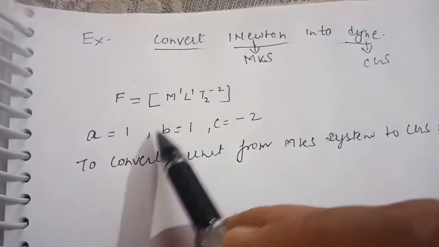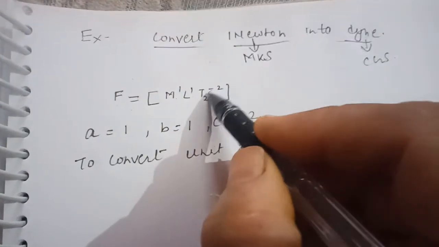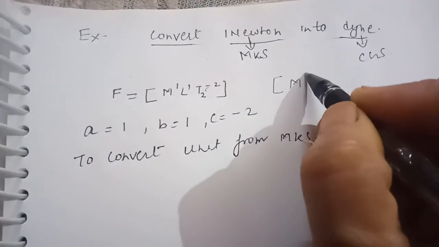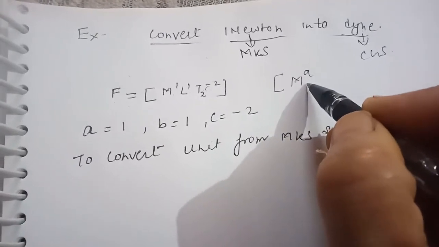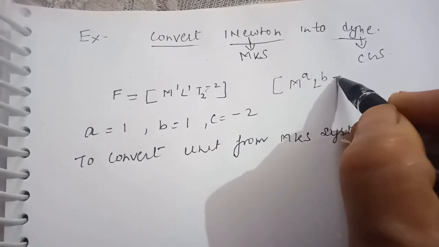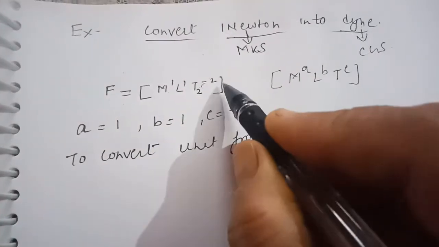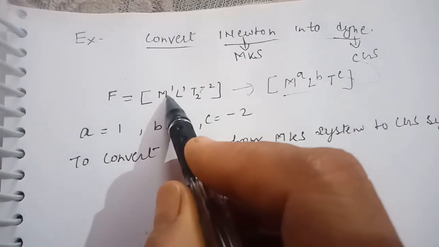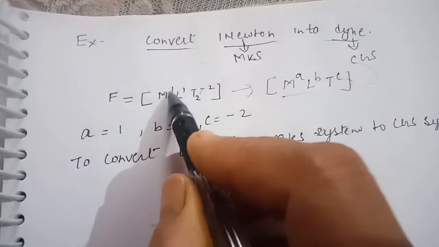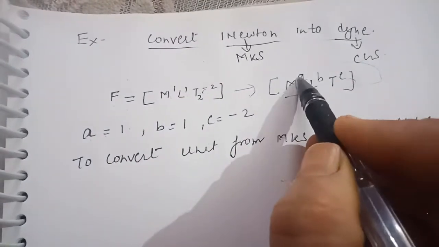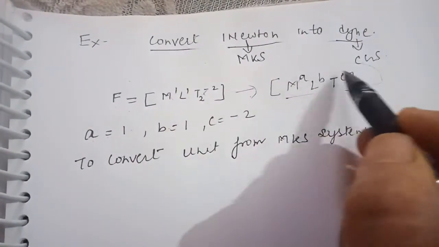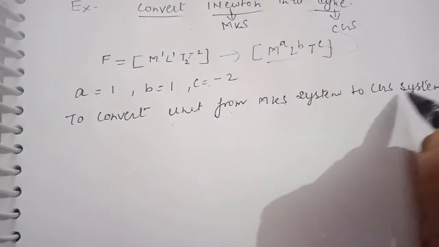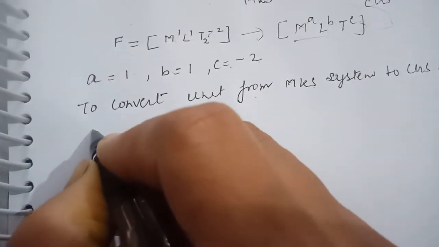2. So M to the power 1, L to the power 1 and T to the power minus 2. Now compare this with the term M to the power A, L to the power B and T to the power C. When you compare, you will find A is equal to 1, B is equal to 1 and C is equal to minus 2. To convert a unit from the MKS system to the CGS system, first of all write